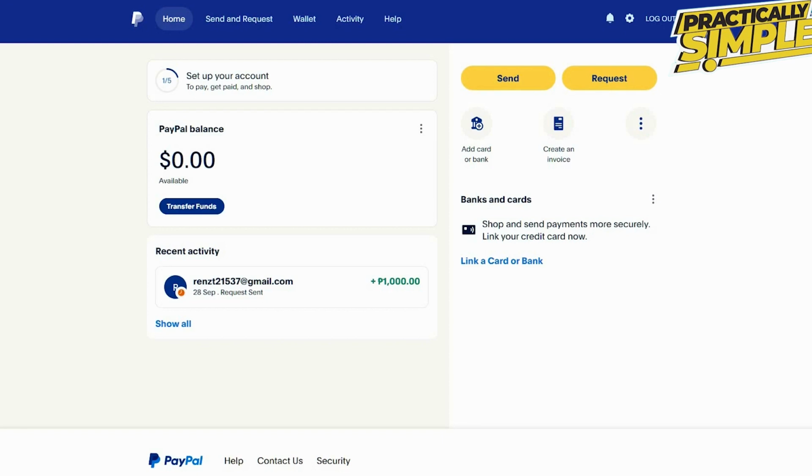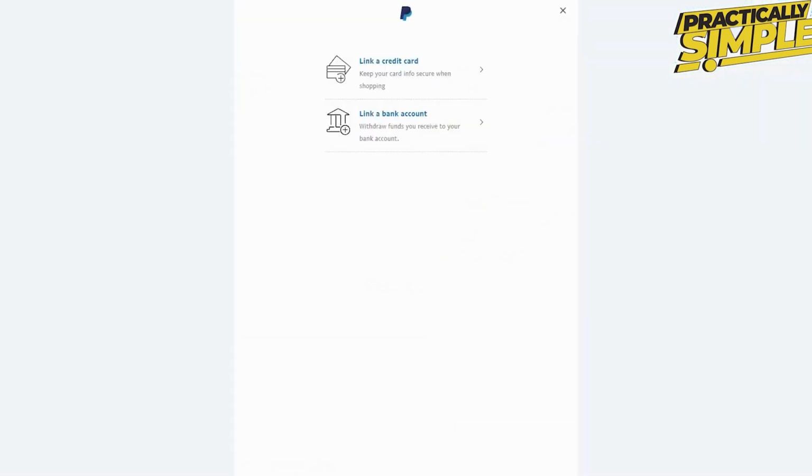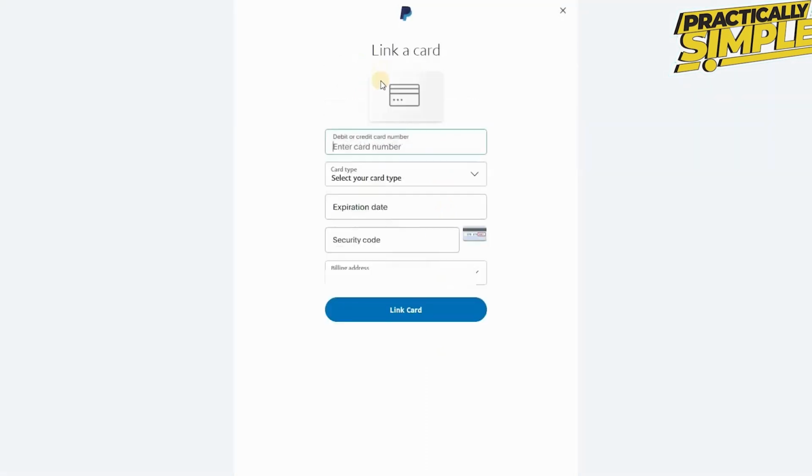PayPal. Now to do this, we need to go ahead and click on the app, the card or the bank option here that you see on your screen, and once you click on it, it's going to load up the screen here. So in this case with Revolut, we could request for a card. So if you already have your Revolut card with you, you could go ahead and choose the option here that says link a credit card, and from here you should be able to link your debit card or credit card